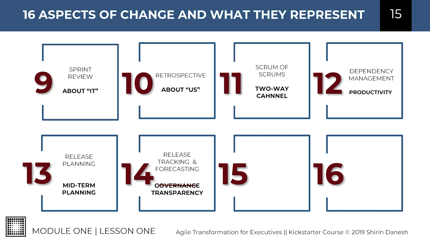Number 13 and 14, I'm going to talk about at the same time. Number 13 is about release planning, when you look at the midterm and see what the team is going to achieve in that period. Number 14 is about release tracking and forecasting. This is basically what you and your teams will look at to see, are we on track? Is everything happening the way we planned it at the beginning of the release? What's important about release planning is considering it as midterm planning. What's important about release tracking is to consider it as